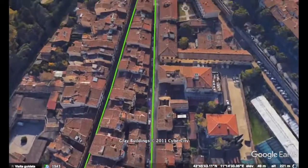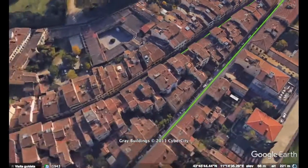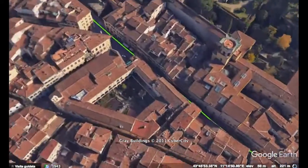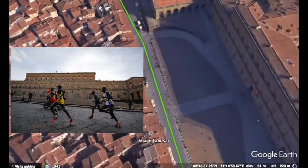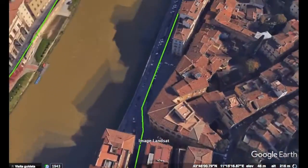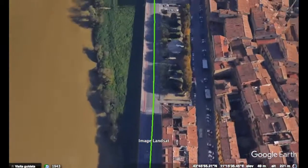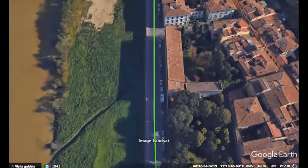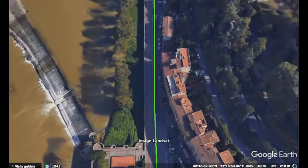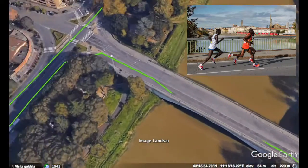And now we're turning right to another curve at Porta Romana, another sponge point, kilometer 17.5. Here to the right we see Palazzo Pitti until we come up onto the Ponte Vecchio on our left, and we continue with the Arno to our left. On our right is Piazza Poggi and the San Niccolò Tower with a refreshment point at the 20th kilometer. We'll then turn to our left at Ponte a San Niccolò,